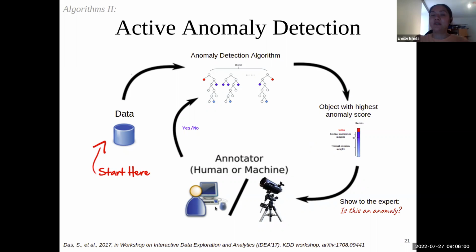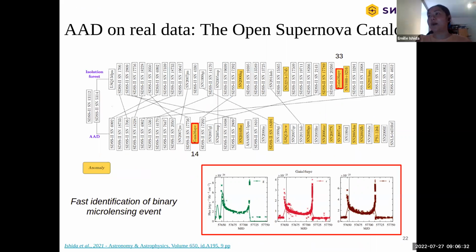So if the human tells you, yes, this is an interesting anomaly, I want to know more about this, nothing changes. But if the human tells you, no, this is not interesting, I am not interested in this type of thing, you go back to your isolation forest and change the weights that led you to that decision. You recalculate your weights in a way that gives more preference to anomalies that you are interested in and less preference to anomalies you are not interested in. The ISNAD team has been working on this for a few years now, and this is one of the first results that was published.